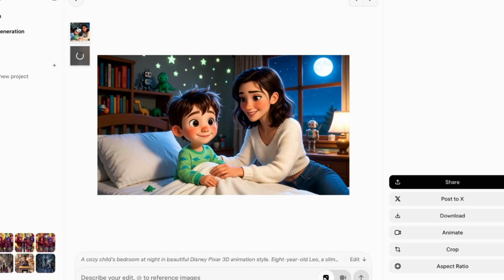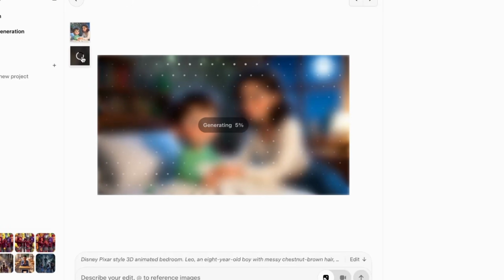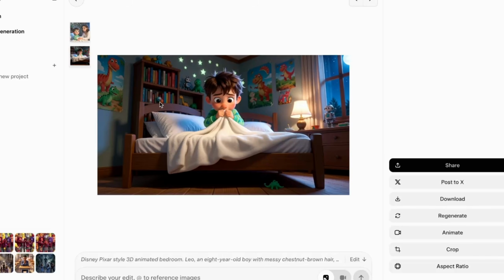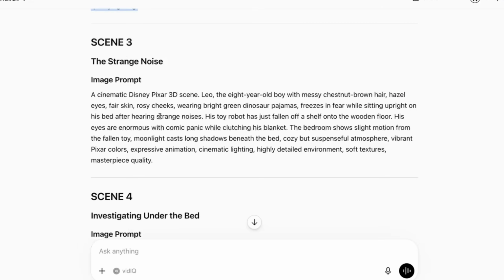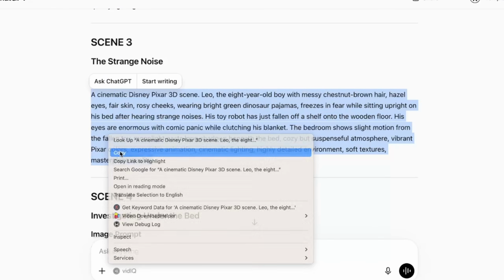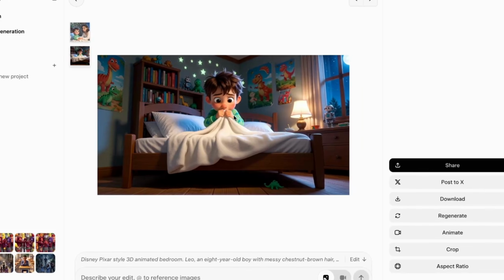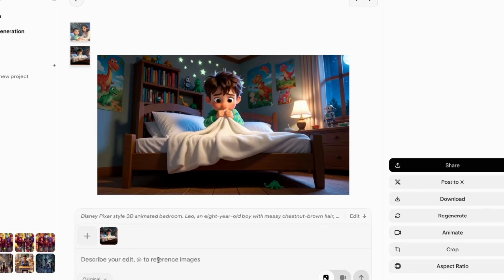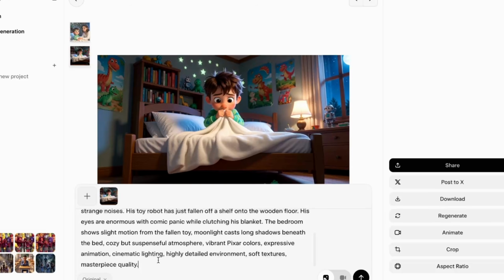You can see this is the first image. Now it's currently creating the second image. From the second image, you're going to use it to get to the third image. So you can say the first image, the second. Now let's create the third one. Now the third one is this scene 3. So we're going to copy this scene 3 right here. Now we're going to come on here and paste this right here where it says describe your edit to actually create scene 3,